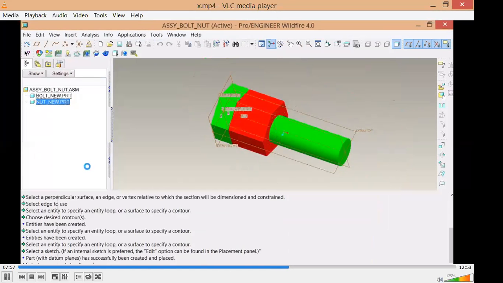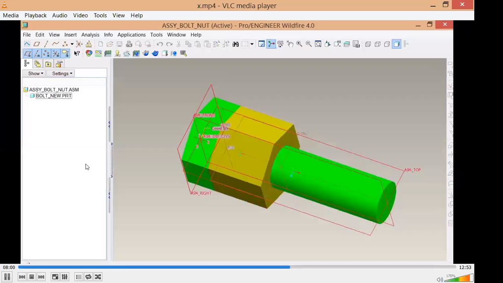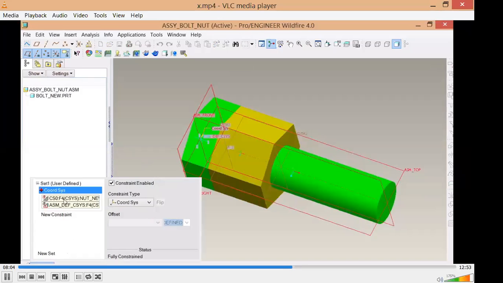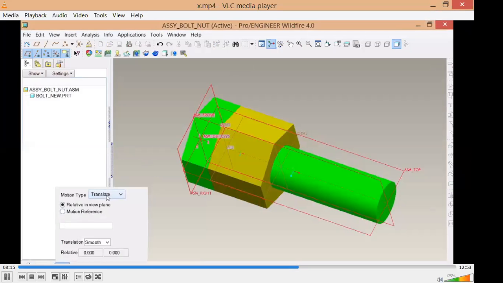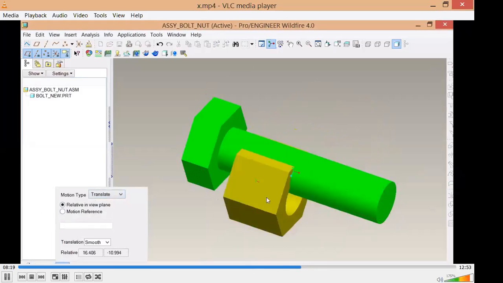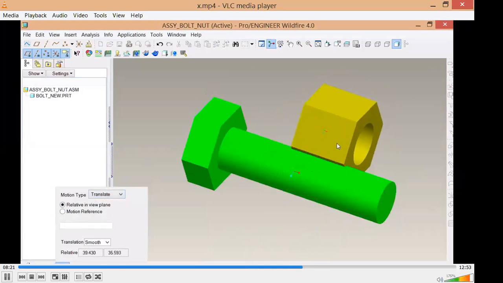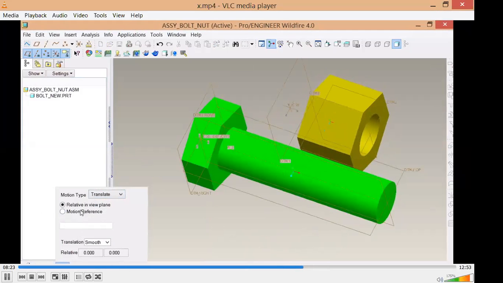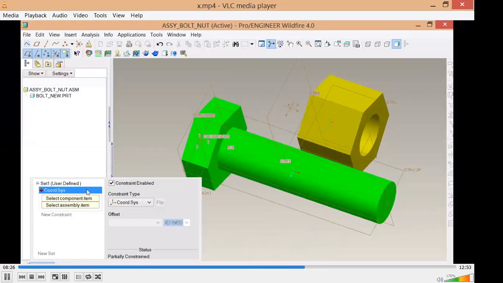If you give something edit definition, because you are in the assembly mode, your edit definition will take you to the constraints, the assembly constraints. So its coordinate system is fixed with the assembly coordinate system. Delete that. Once you delete it and move on to the tab, you will see that you are able to translate this. You can translate it, you can rotate it, you can do whatever you want. But our objective is to define a new constraint. So we are going to do that.